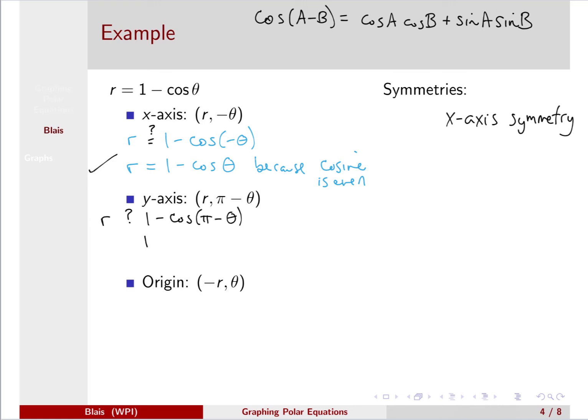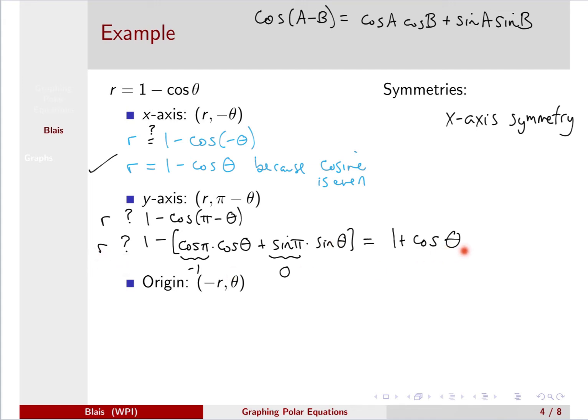And we get 1 minus the quantity cosine of pi times cosine of theta plus sine of pi times sine of theta. We know cosine of pi is minus 1, sine of pi is 0, so this becomes 1 minus a minus, or plus, cosine of theta. And we see that we do not recover the equation. We would have r on the left and 1 plus cosine of theta on the right. So we cannot conclude